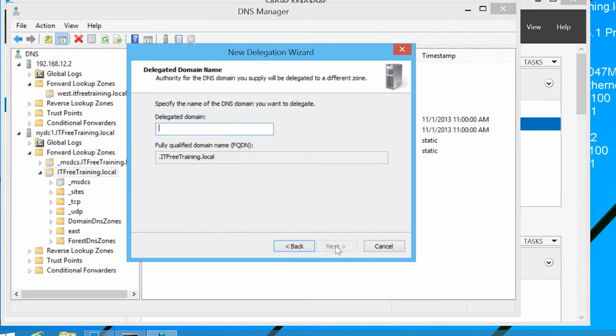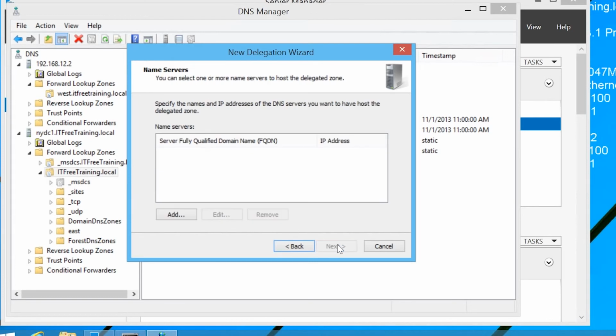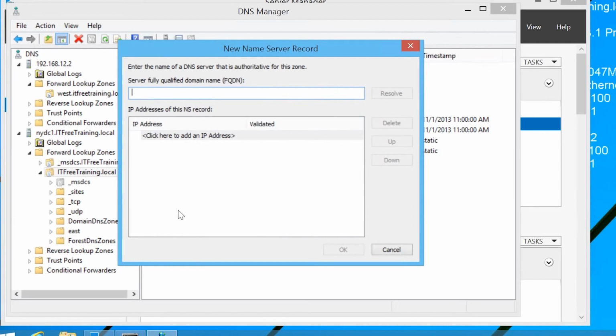Once I am past the welcome screen, on this screen I need to enter in the name of the delegated domain, in this case, West. On the next screen, I need to enter in the address of a DNS server that is authoritative for that zone, or in other words, holds a copy of the zone data that is considered up to date and accurate. Once I press Add, on this screen I need to enter in the name of the DNS server,